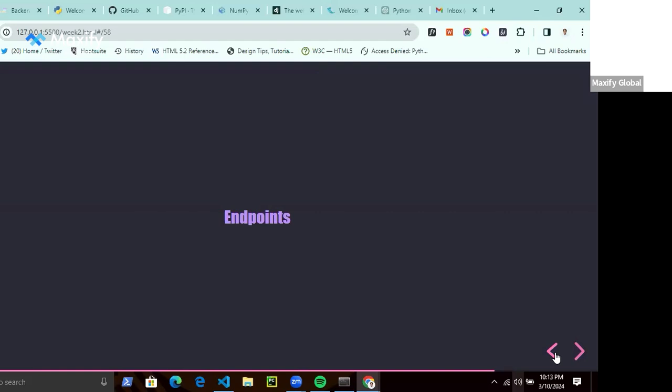Then there's another concept known as CRUD operation. It's similar to the HTTP methods we just defined. CRUD stands for create, read, update, delete. You can read more on this. The create operation is synonymous with your post method.